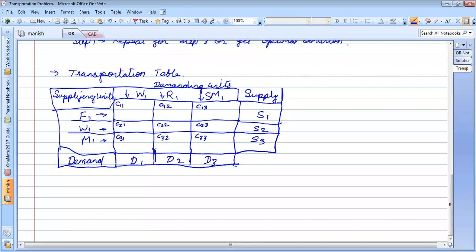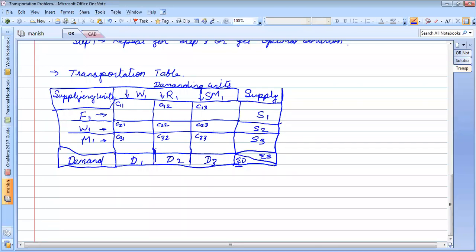Okay. Now after this, in the last column, last row, I'll create a line like this. Here I'll write summation of D, here I'll write summation of S, from 1 to N number of rows.